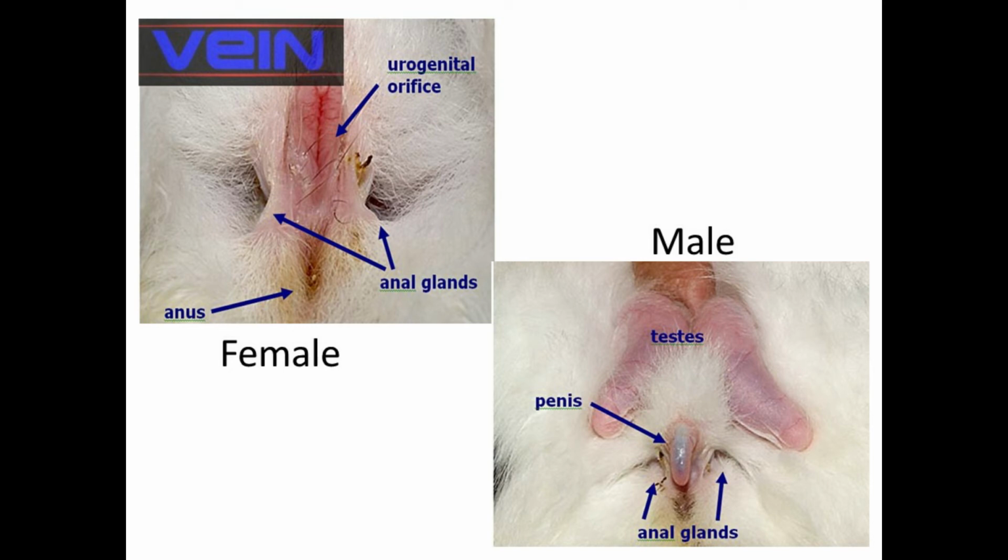In female, the urinogenital opening is seen exposed. There is no copulatory organ. And in front of the urinogenital opening in female, there is a prominence which is known as clitoris. It is a sensitive structure. It is considered to be homologous to penis, that is, it is structurally similar to penis. Functionally, they are not the same.